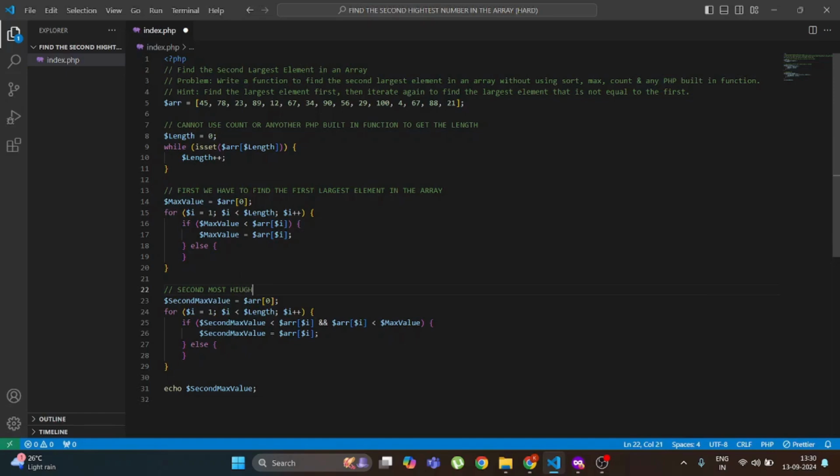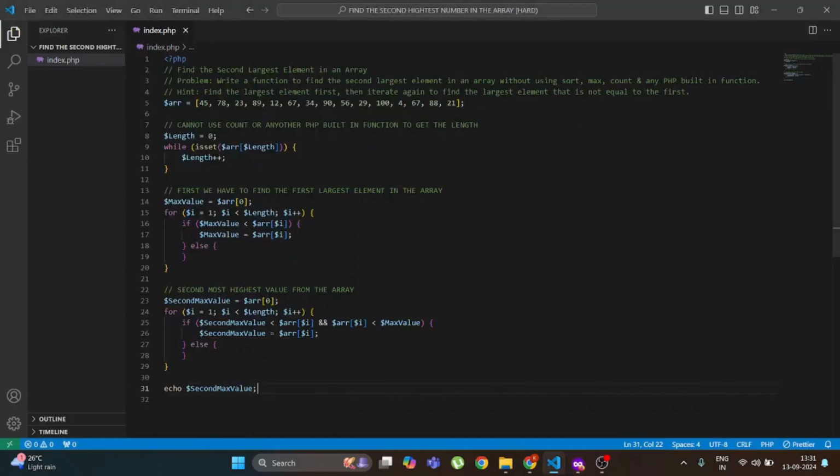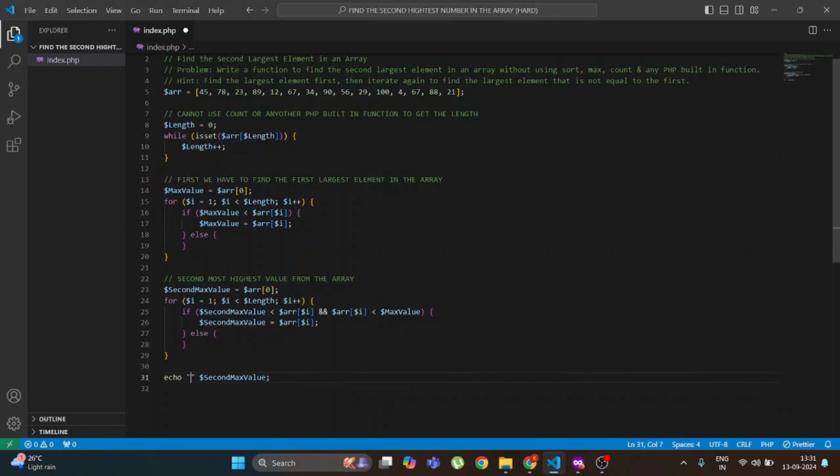which is to find the second most highest value from the array. To do that, first we have to know the array length, then find the maximum value, and then rerun the loop to get the second most highest value from the array, as per the code that I have written here. Now, if we check in our browser, it is going to show us. So this is what we want to do, and we can also write